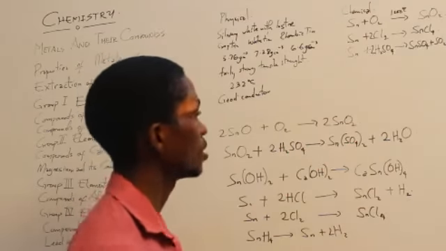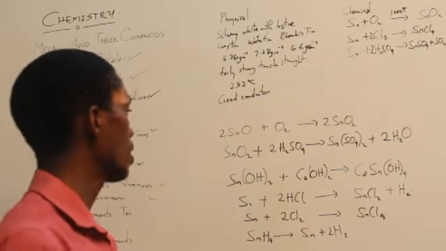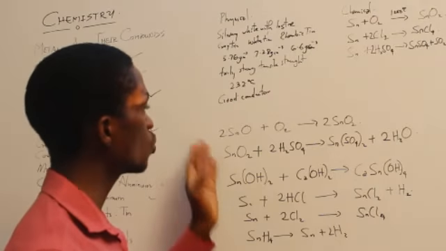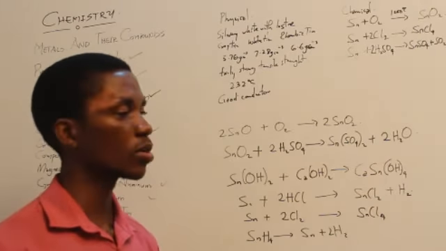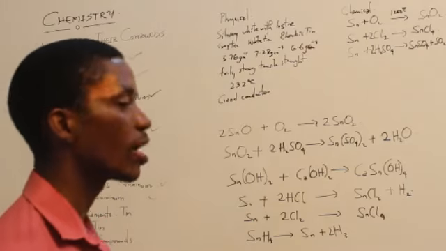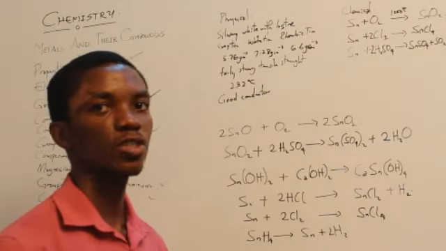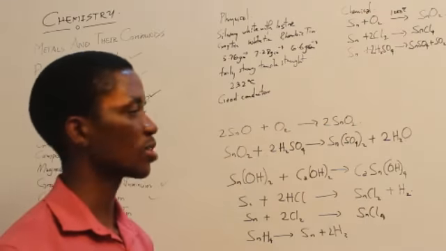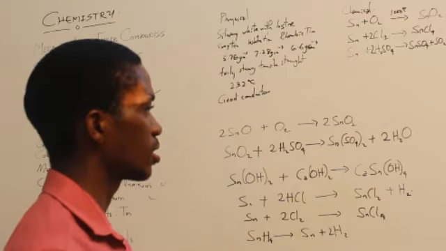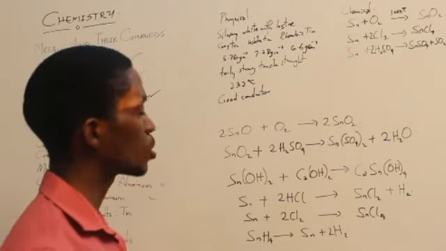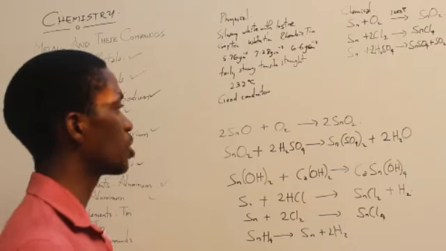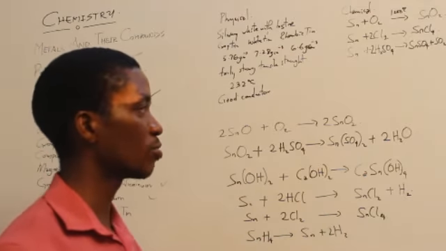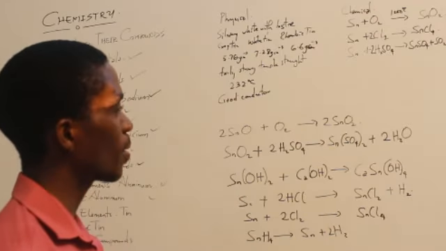Okay, let's consider the oxides and substances that are formed of tin. We have tin 2 oxide. Tin manages to survive in 2. That's the ionization state of 2, and we see it reacting with oxygen again to form the tin 4 oxide. Tin 2 oxide is not so stable. It's always looking for an opportunity to react to form the stable form, tin 4 oxide. What are the properties of tin?